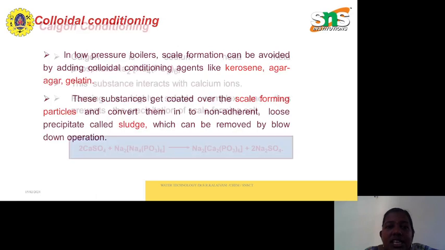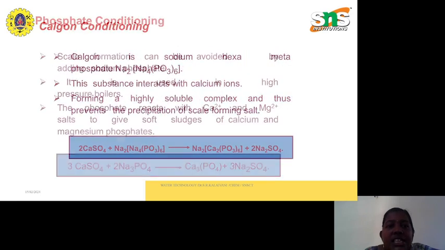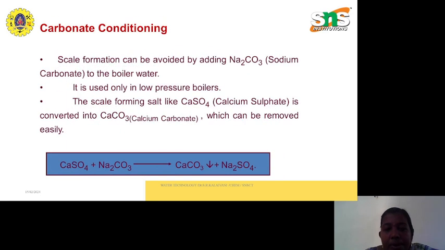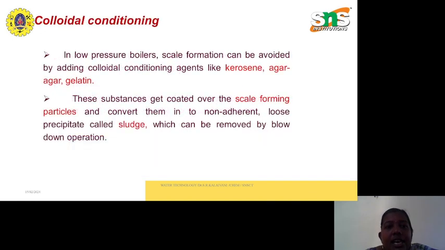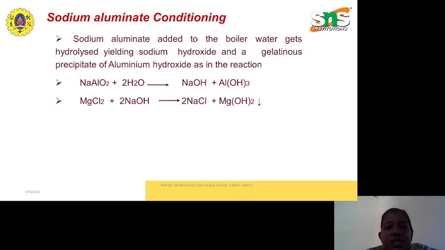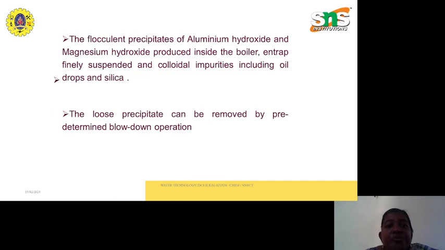This is the internal treatment method. In this internal treatment method, maximum of the hardness producing substances are removed with the help of the chemicals. One is carbonate, another one is phosphate, another one is calgon, another one is colloidal, another one is sodium aluminate method. In the sodium aluminate method, the flocculant precipitates of aluminum hydroxide and magnesium hydroxide produced inside the boiler entrap